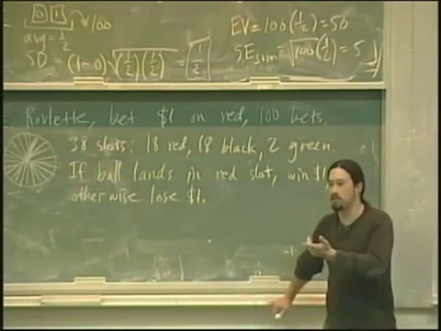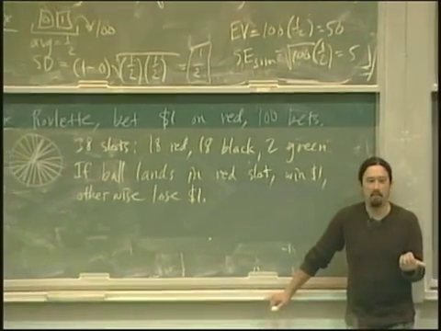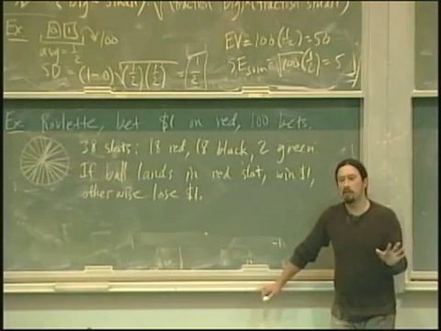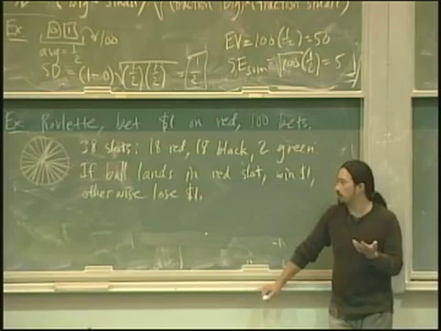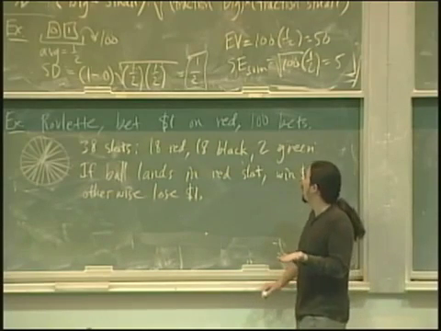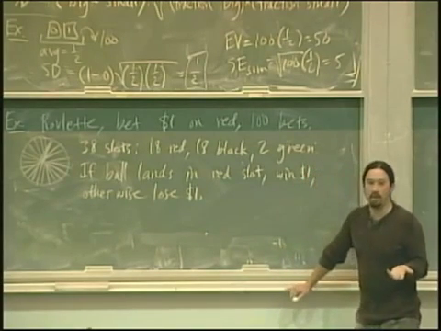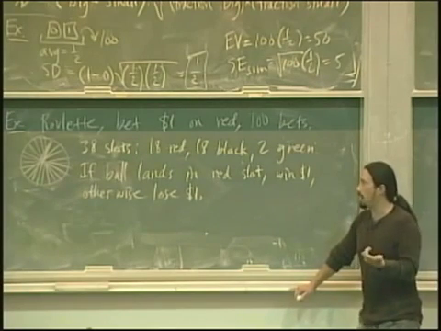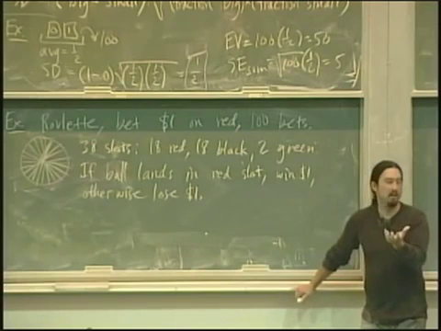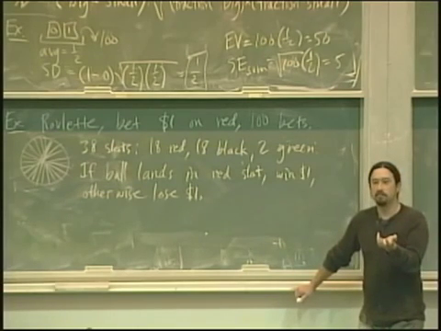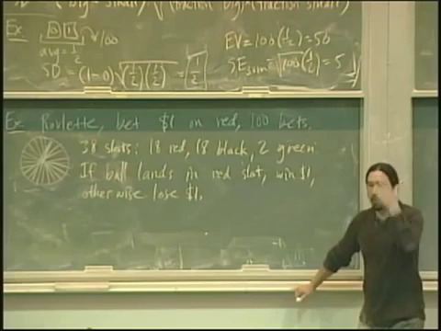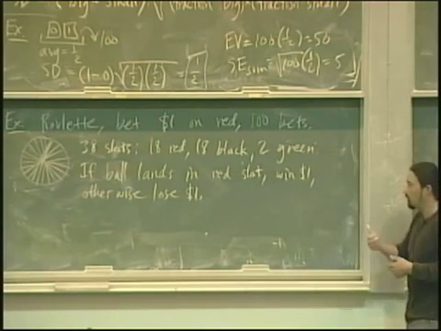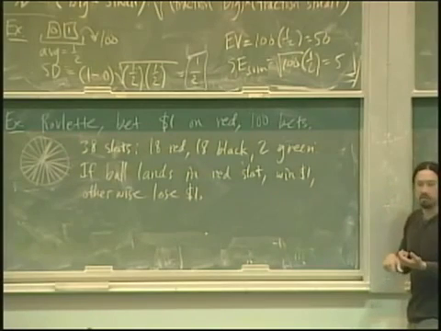Someone said color, someone said chance I win on red, someone else said amount of money you win. I don't want to know what the box is yet. I want you to think about this intuitively: what is it I care about? What I care about is how much money I win or lose. So that's the quantity I'm interested in. Each time I play, what can happen to my money numerically? It either goes up by 1 or it goes down by 1. Either the ball lands in a red slot and I win $1, or I lose $1.